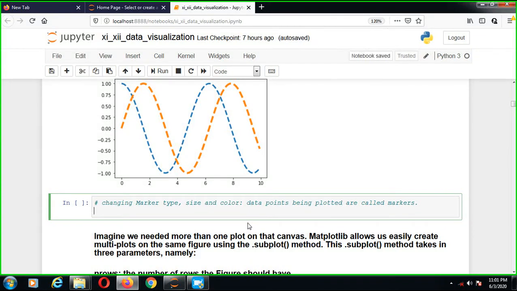So I'll just show you. plt.plot(x, a, 'k', marker='d', markersize=5, markeredgecolor='red'). Now we just go on and see the execute.